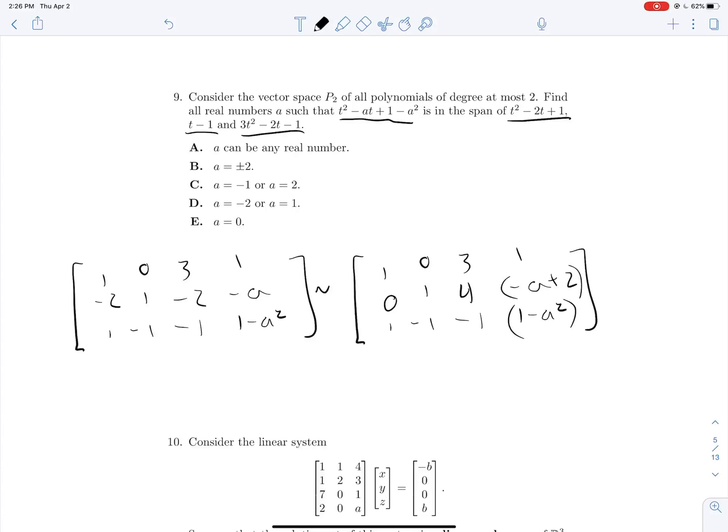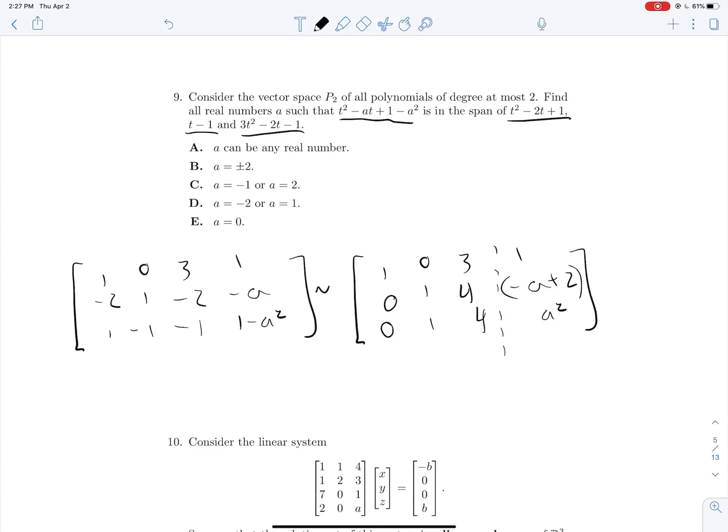And what should we do now? Let's subtract a row 1 from row 3. That gives us 0, -4, and -a squared. If we flip the sign of all the entries in row 3, we get that, and now we see that if this system is consistent, that implies that the vector represented by this polynomial is in the span that we found here, and this would mean that both of these rows would have to be equal because,